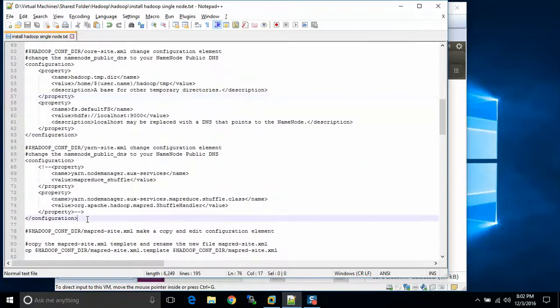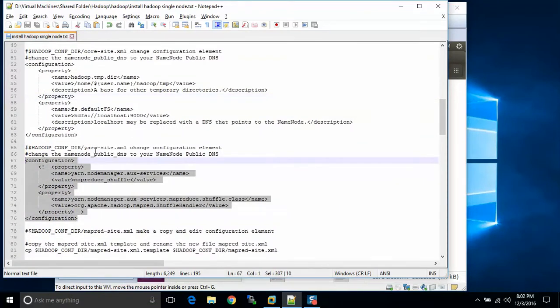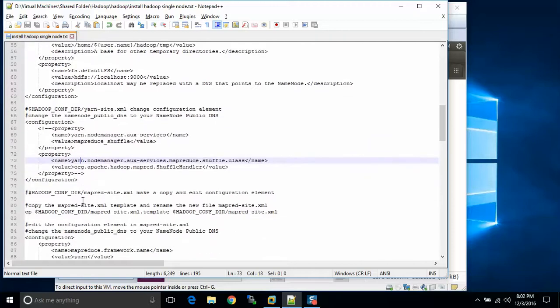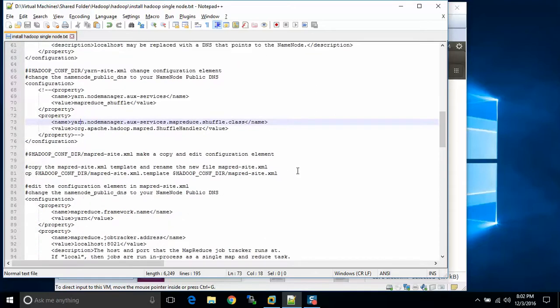Now, it's often recommended to change the yarn-site XML, but it doesn't affect anything if we don't change it. So we're just going to leave it empty the way it is. Okay. Next one,